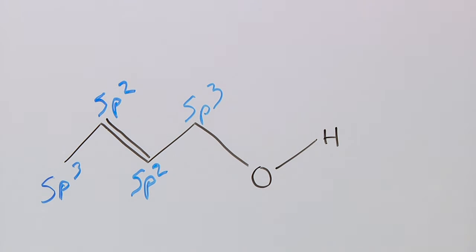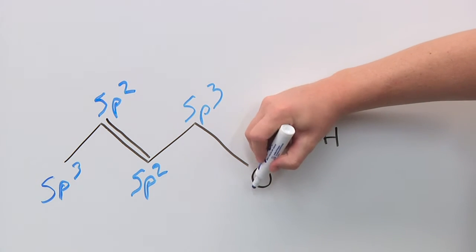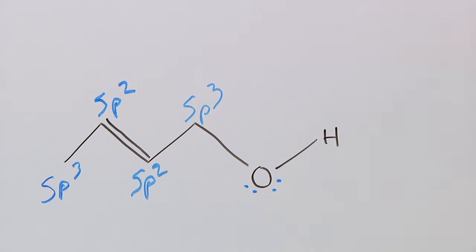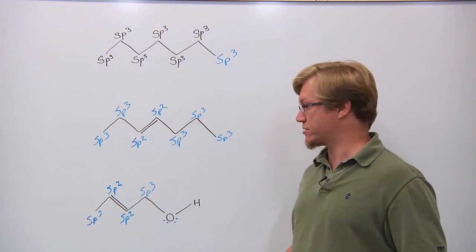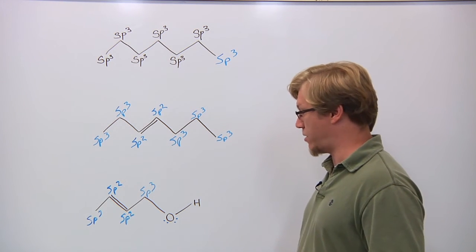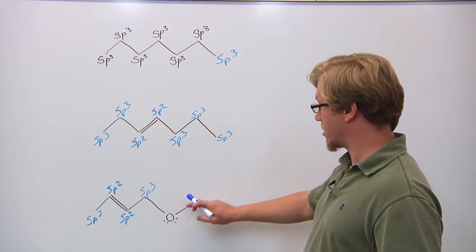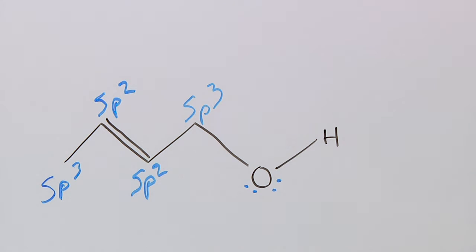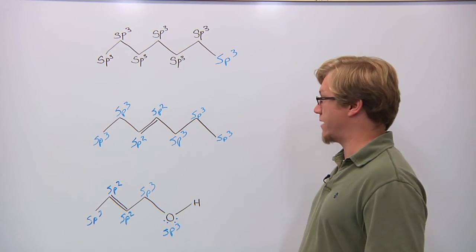But what about this oxygen? Well, as we know, an oxygen is going to have 2 lone electron pairs. So how do we treat these lone electron pairs? Well, for hybridization purposes, we're going to treat these 2 lone electron pairs just like they are sigma bonds. So if we're to look at this like a carbon, we have 2 bonds here, 2 sigma bonds, and 2 lone electron pairs, and no pi bonds. So just like these carbons above, it is going to be an sp3 hybridized atom.